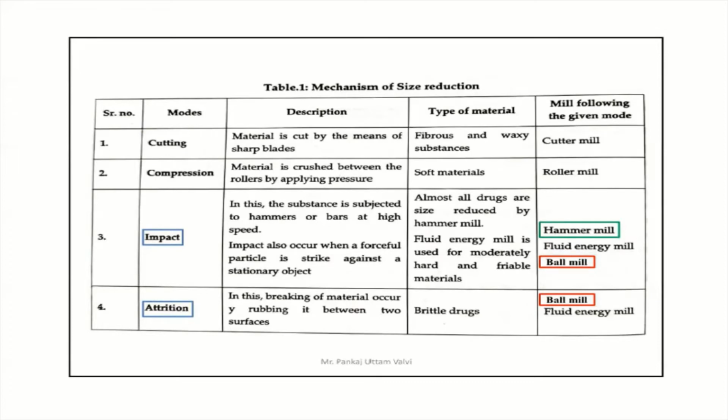Next, the impact. In this, the substance is subjected to hammers or bars at high speed. Impact also occurs when a forceful particle is struck against a stationary object. Type of material: almost all drugs are size reduced by hammer mill. Fluid energy mill is used for moderately hard and friable materials. Best examples of this: hammer mill, fluid energy mill, and ball mill. And the attrition, in this